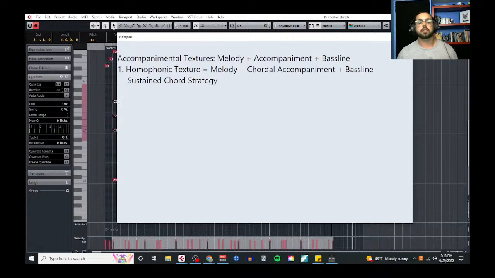This is the kind of texture that you hear in music on a daily basis. It's the inbred understanding most people have. It's basically what everybody understands music to be. Melody plus chords plus bass line. And because this is so common, its greatest strength